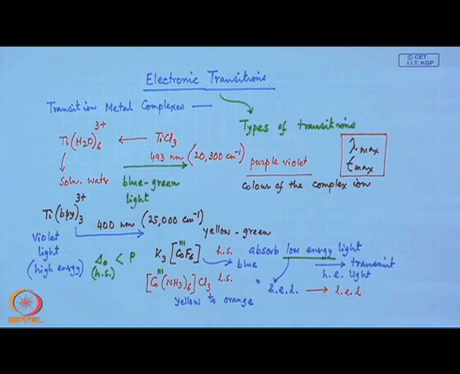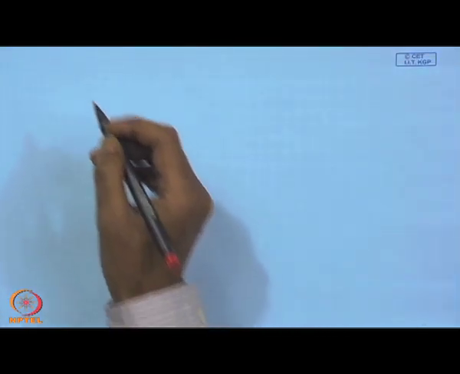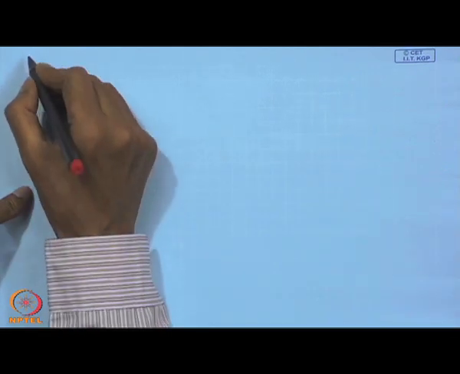So, this is the situation for the high spin compound, and the reverse is therefore, that means delta O for low spin is therefore greater than the pairing energy. So, if we just compare these two things, we will find that the delta O of low spin will definitely be greater than delta O of high spin. That means there will be a change in spin states when we change the corresponding delta values, and in terms